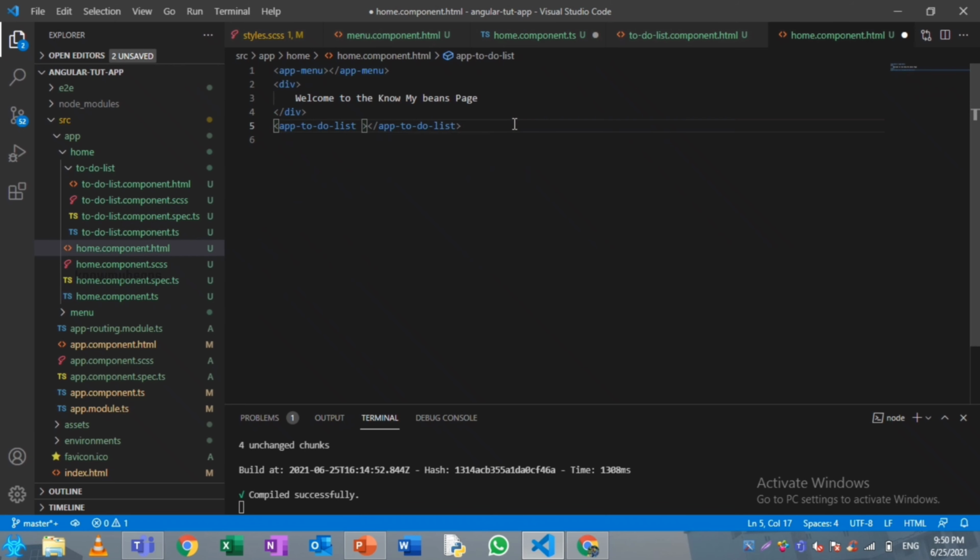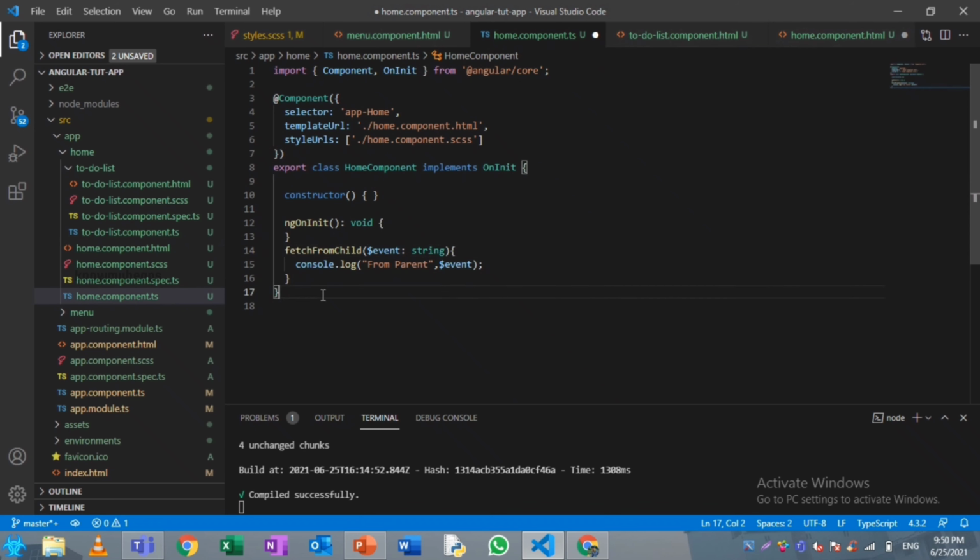So once it is done, in the HTML part, we'll just do the linking. To link it, we need the emitter from the child as well as the collector method in the parent. So the collector method name is fetchFromChild, right? What I'll do, I'll just copy this name